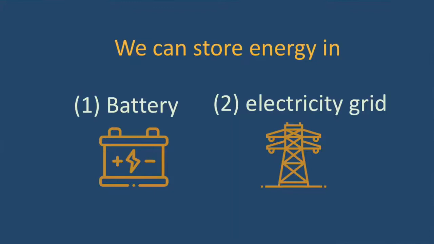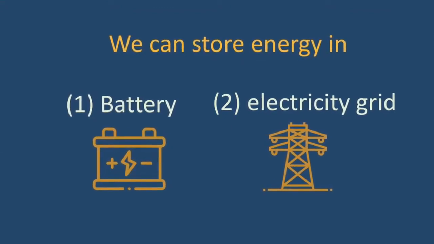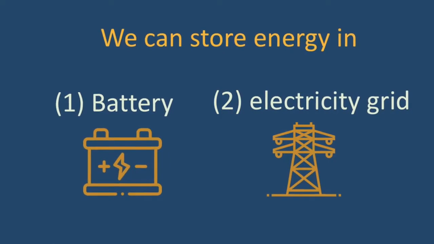This system will not work when there is no sunshine, because in the night time there is no sunshine, and if there is no supply, the load will not run. So you need to have a mechanism where you can store energy. Where can you store energy? Of course, we can store it in a battery, but your electricity grid, from which people are taking electricity, can also act as a storage medium. So you can store energy either in the form of a battery, or in the electricity grid. Either of them can be your storage medium.